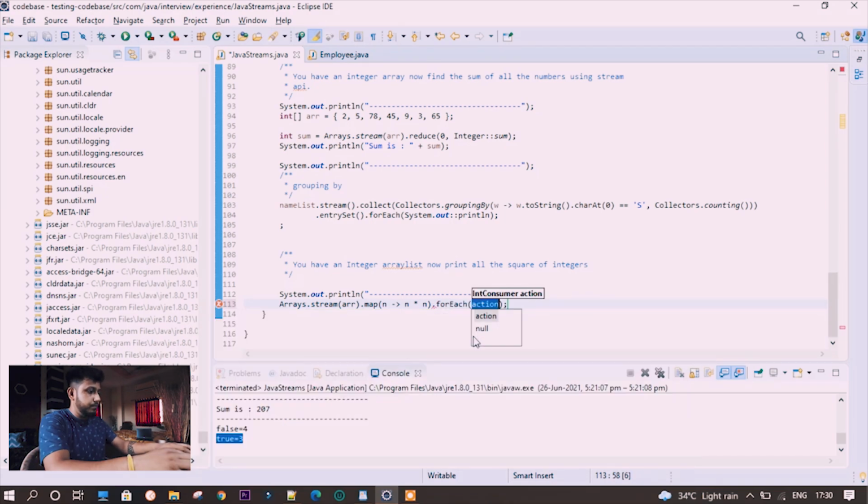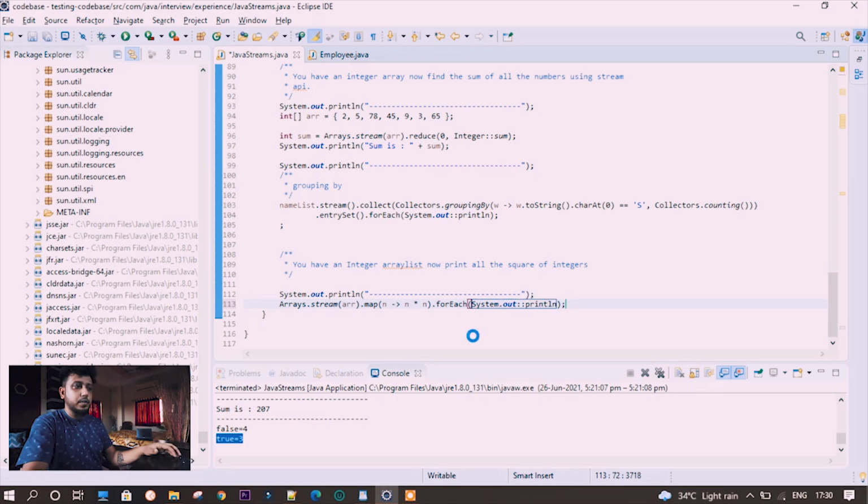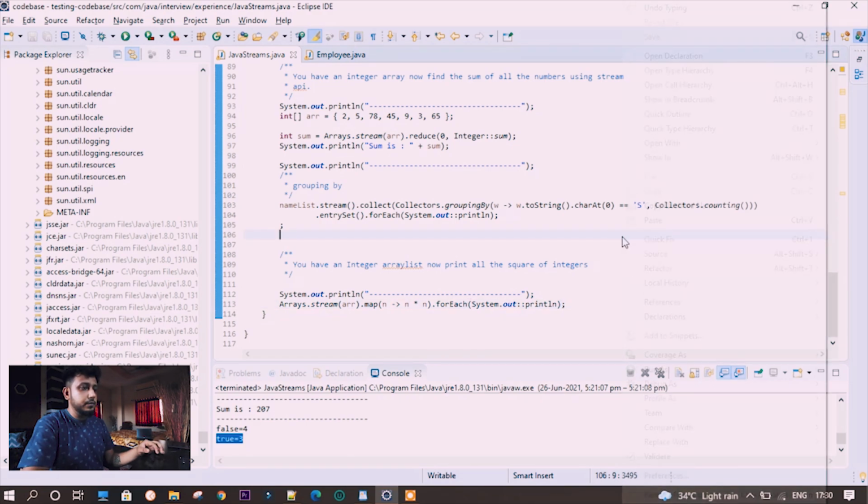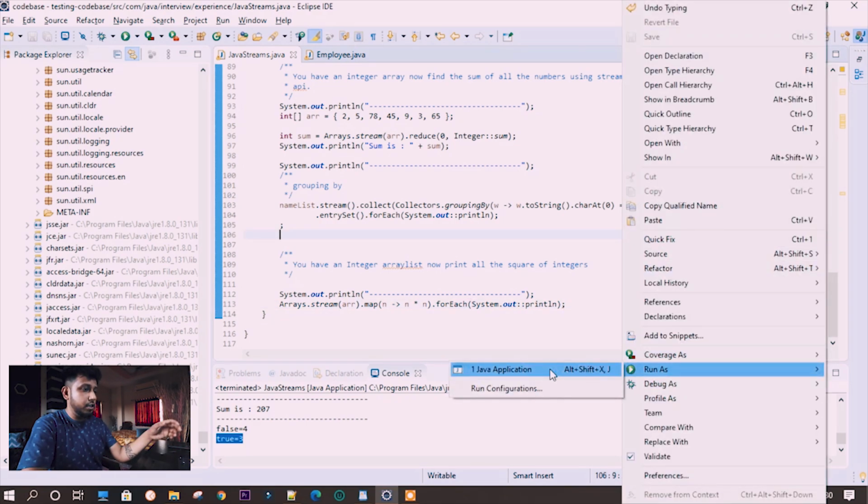Let's print. System dot out println method reference. That's it. Now let's print and try it out. Is it working or not?